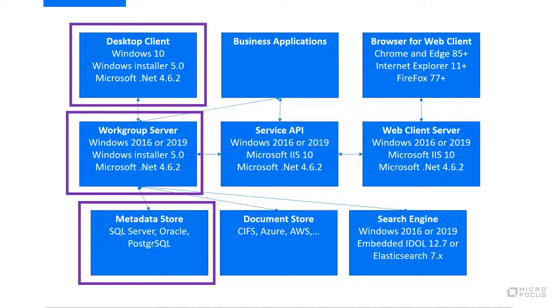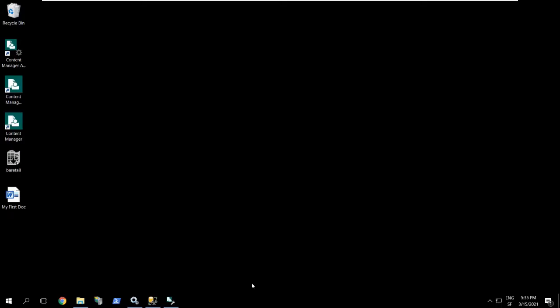So for that we will connect to our SQL server. In this configuration I'm using SQL server, restore the database which is provided. Then we will connect to the workgroup server in order to register it. And finally we will connect with the desktop client to check that everything is working. All right, so let's have a look at our